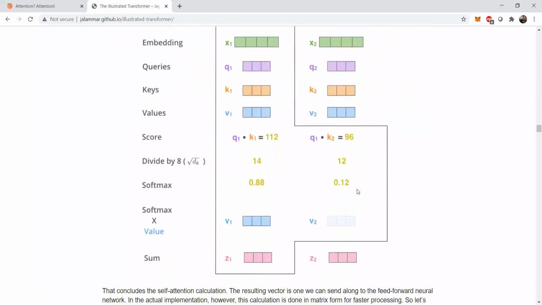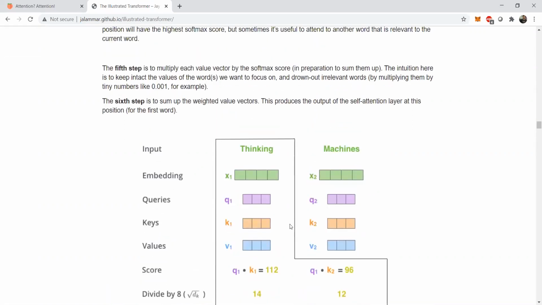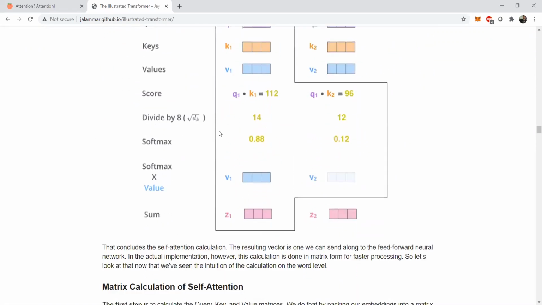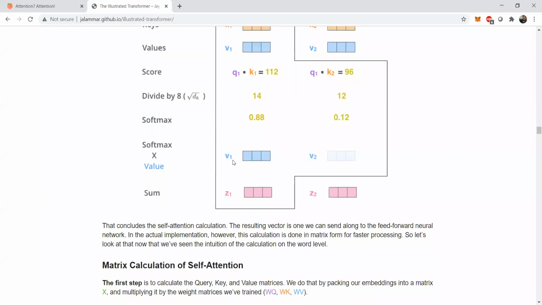Now, once we take the softmax activated output, that is softmax of qk by root over dk, we then multiply it with v1, that is our values. And then we sum them essentially. After applying the multiplication, we add them. The sixth step is to sum the weighted value vectors. So essentially, z here is the sum of vi. Okay, so this is how the attention weights are calculated in the case of the self-attention mechanism.